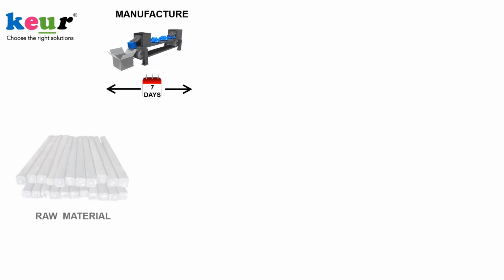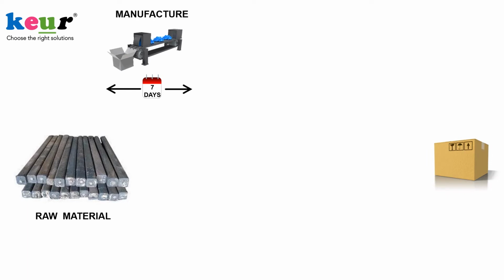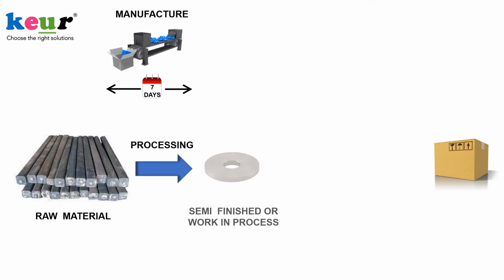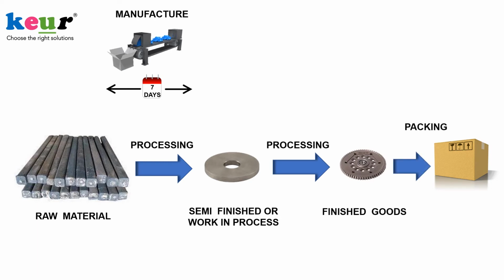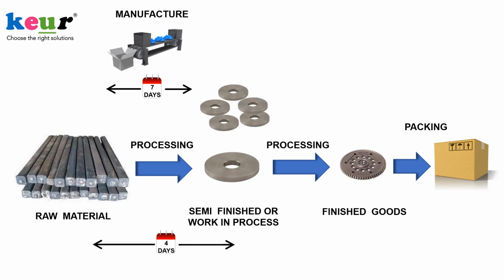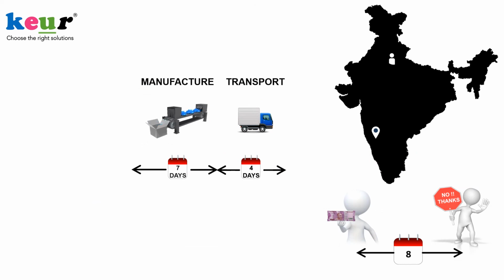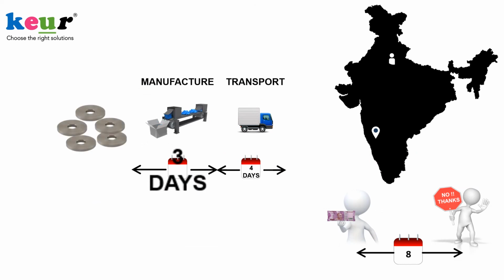Manufacturing lead time of 7 days is the time taken to convert raw material into finished goods ready for dispatch. In many cases, it involves several steps of processing. Carrying inventory of semi-finished goods can help to reduce lead time further. For example, if the company carries stock of material in semi-finished condition reached after 4 days of processing, then it will need only 3 more days of processing to convert to finished goods. Thus, delivery lead time will be 3 days of manufacturing plus 4 days of transport equals 7 days, which is